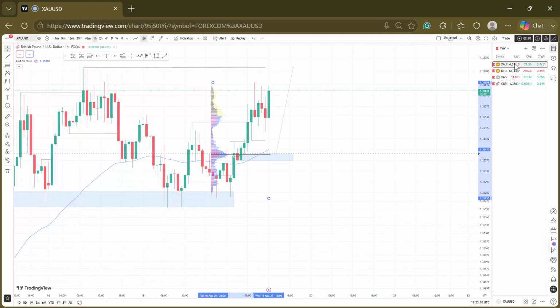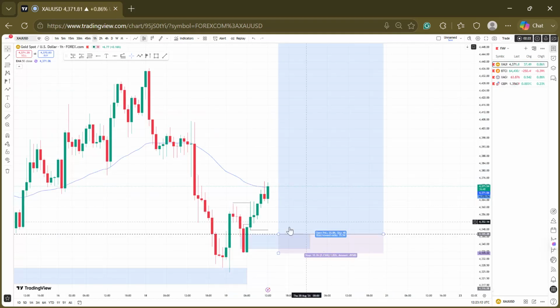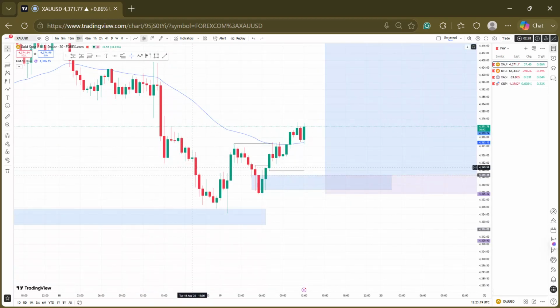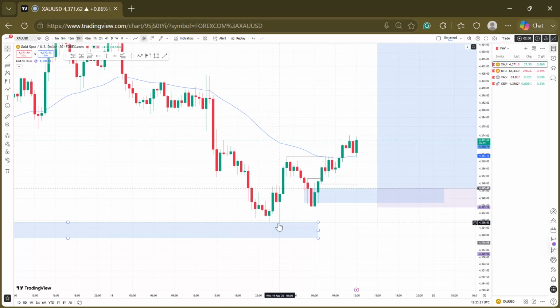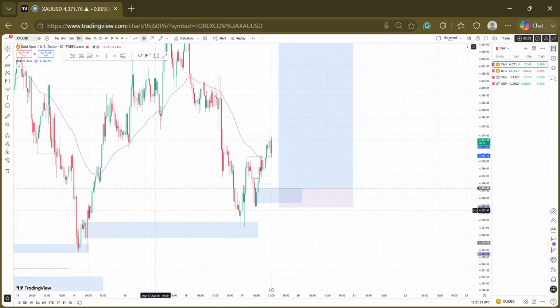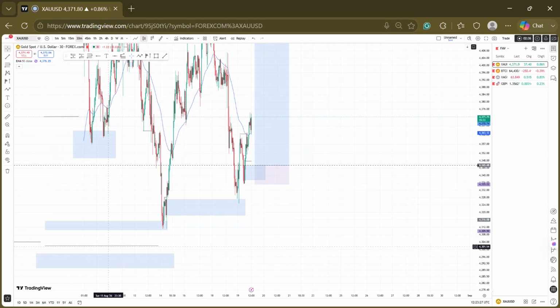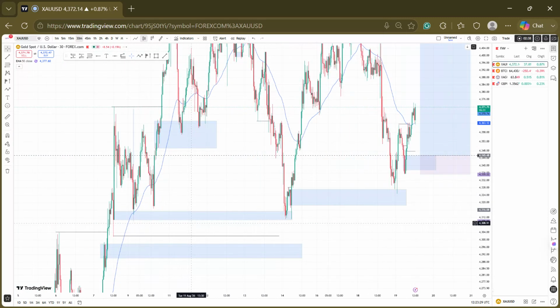So let's do XAU USD. For XAU USD, I wasn't very sure about this particular trade. That's why I missed this first entry. But nevertheless, everything being good, you can see after several respects of this order block, price came to tap it again